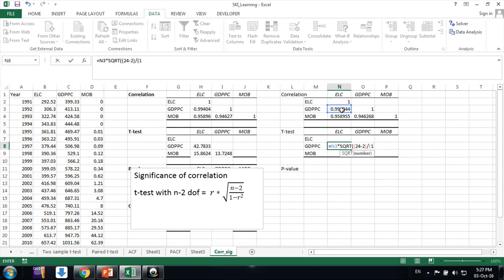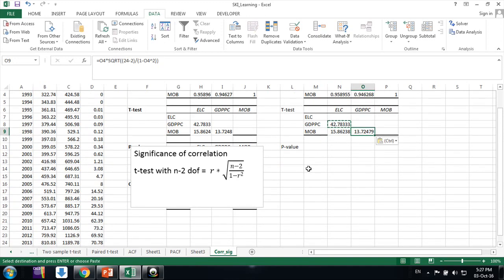So 1 minus r square, r is this one, it's a square, and now our formula is complete. Enter. The same thing you can just Control C, Control V, it will drag the formula downside. So now we have made the correlation matrix and the t-test.